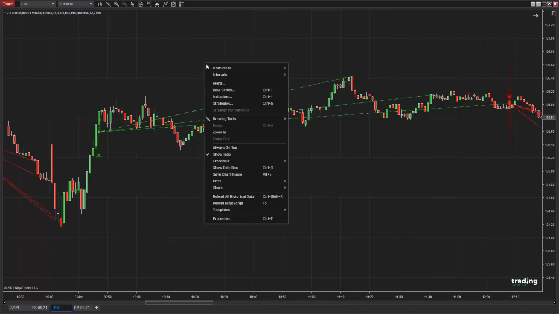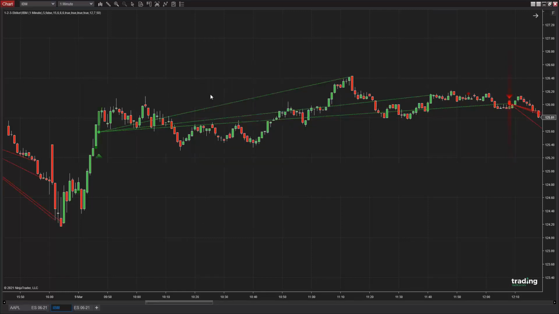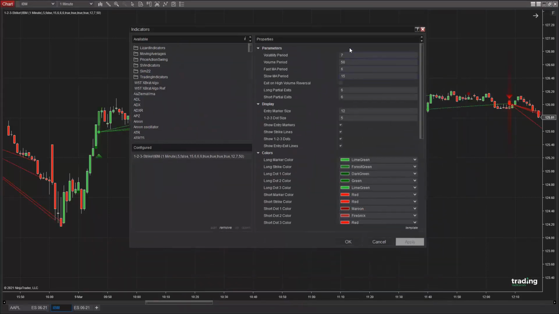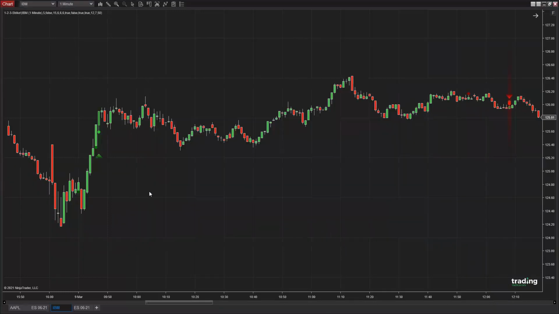Of course, all our indicators can be customized in any which way. So not only the logic of the indicators can be adjusted, but also the visualizations. So if you think these lines add too much clutter to the chart, you can simply disable them. As you can see here, everything in this indicator can be customized. Let's look at a different chart.